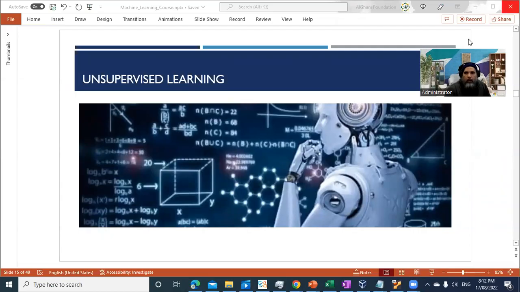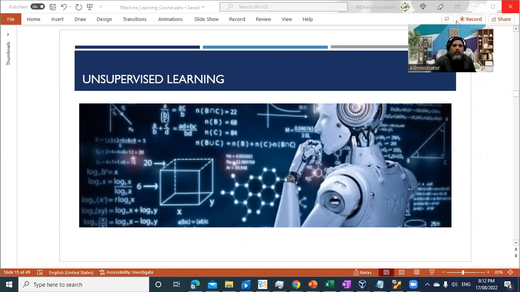Hello, everyone, and welcome back to the machine learning algorithms that we are building in PySpark and SQL. So now we are going to start another complicated type of machine learning algorithm, which we call unsupervised learning,